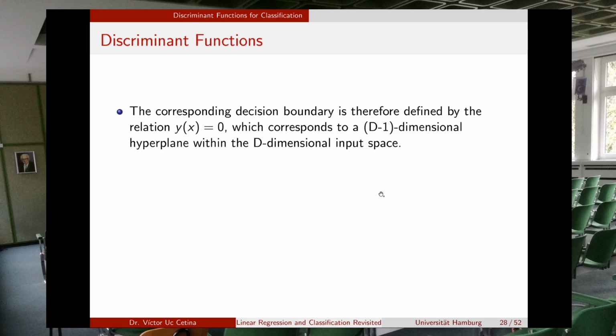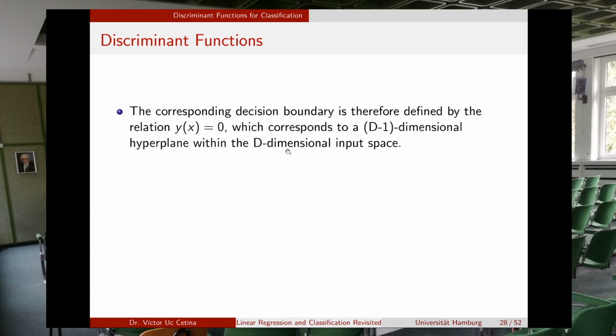Also, another thing you should be able to notice is that this decision boundary, for example, consider a line, will be in a d-1 dimensional space when you are working with d-dimensional input